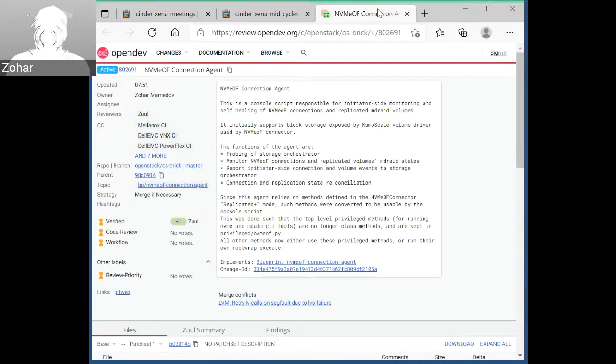Also, we are doing our manual tests for the self-healing part, which is what the agent actually does. But again, I think the most important part of the review here is the invasive changes, which are mostly to the connector, which are also not so bad because it does not touch code that SPDK uses, but we just want to be safe, right? So we just want to remain on the safe side, and that's basically it.